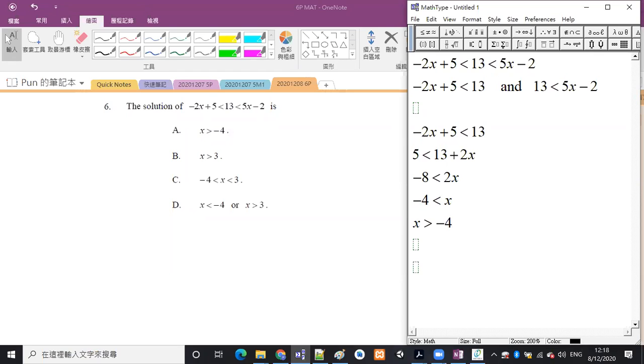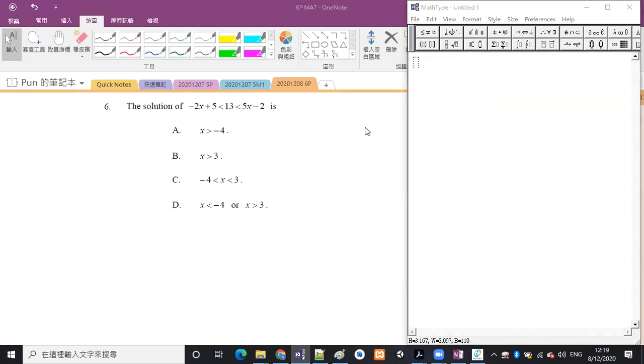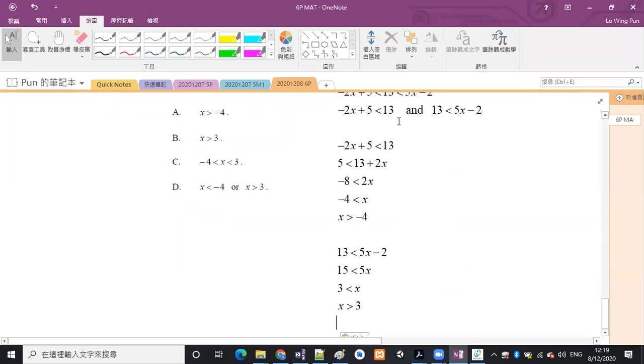Okay, so this is the first one, and then for the second one we do the same thing. Keep the x term on the positive side. Okay, so that's the right hand side. 15 is less than 5x, and then 3 is less than x, which means that x should be larger than 3. Okay，好，跟住我哋就會咁樣做啊，記唔記得？我哋會畫條 number line 出嚟。